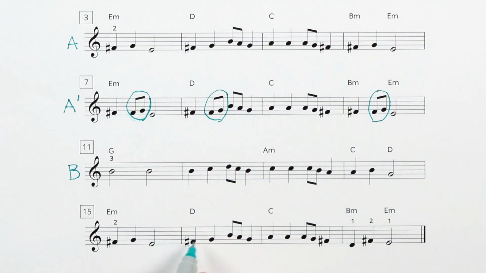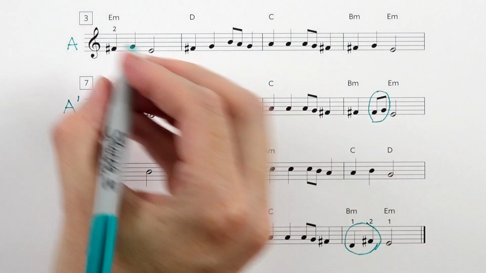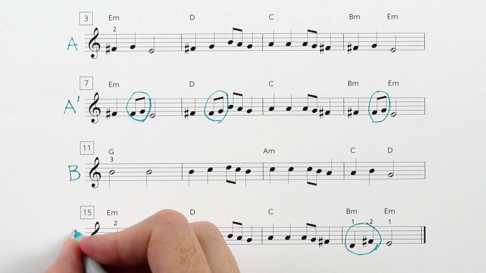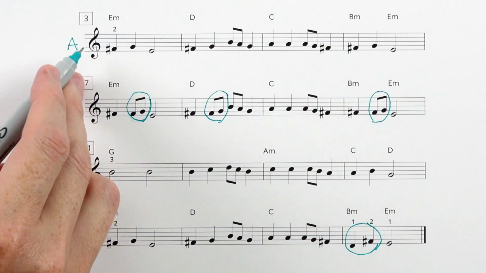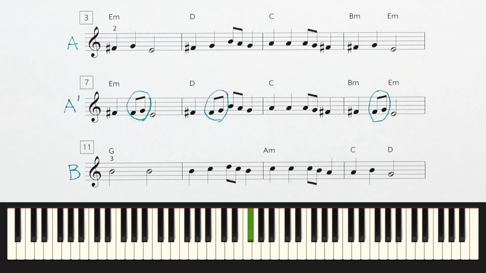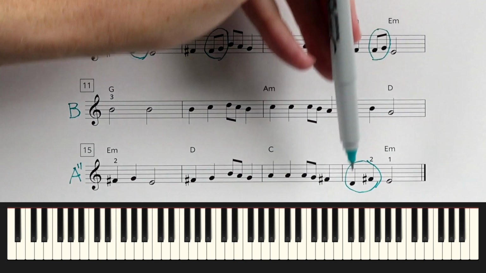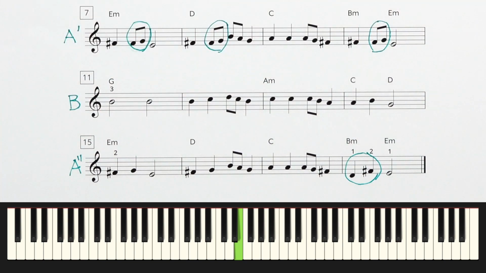If you check every note, we're matching this first A until right here we get two notes that are different from our original A. So yet another variation. We could call this a double prime. So we've found a new way to change this original melody. Now instead of playing F sharp, G, E, this time we come down D, F sharp, E for a special ending.